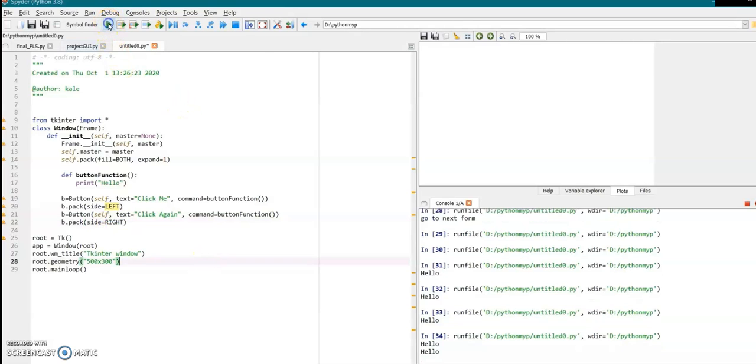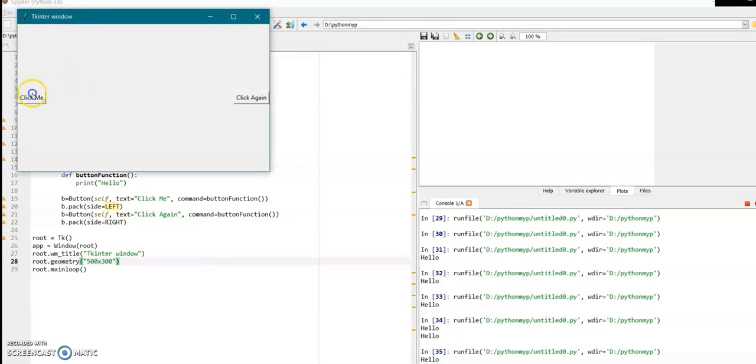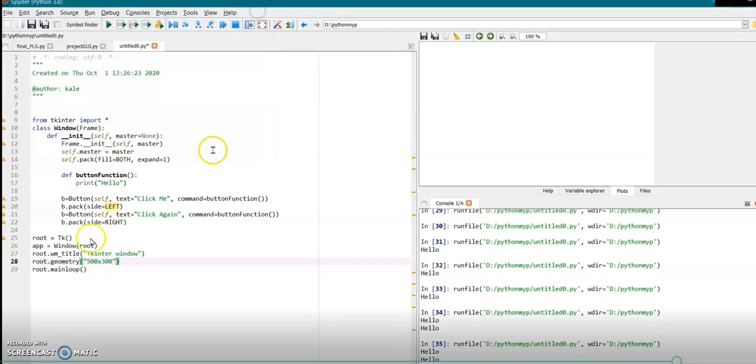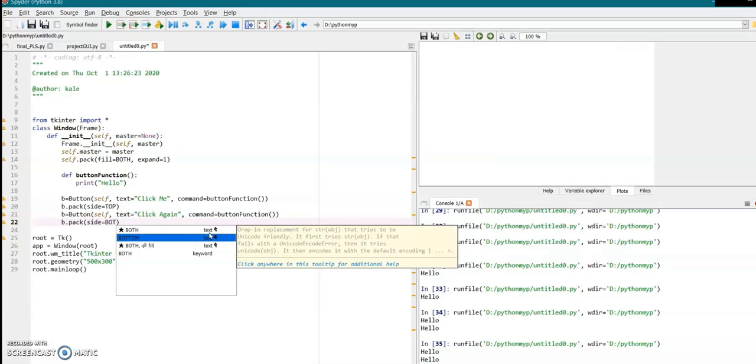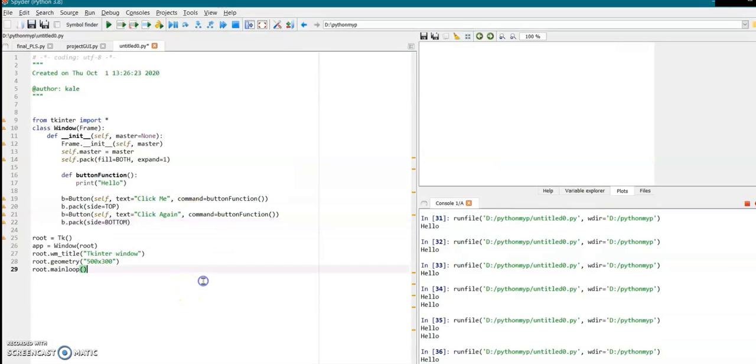Now run the program. Here we have put two different buttons, click me and click again. So click me on the left side and click again packed on the right side. Now we'll place the button click me on the top side of the window and click again on the bottom side of the window. So you can view the output. So this is how you can place the